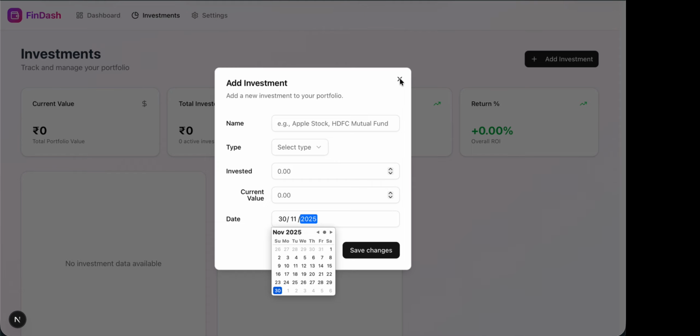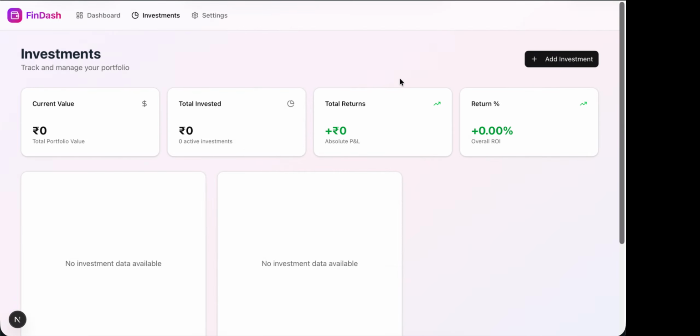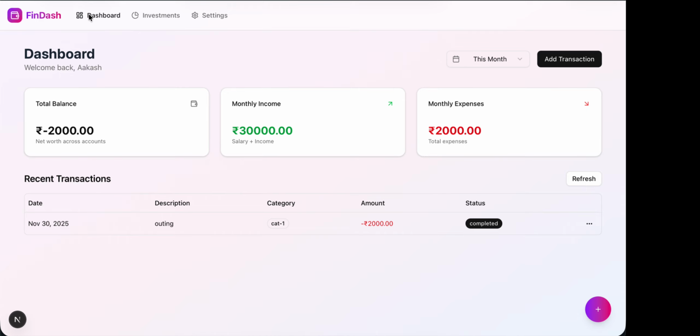In the future, what we can do is integrate, I can collaborate with any kind of banks or payments API, so we can integrate real-time data itself. The plan is right now we will just enter manually and track it. In the future, if I get this kind of support from you guys, I will be going to build this, adding more features into it. Maybe I can connect to the